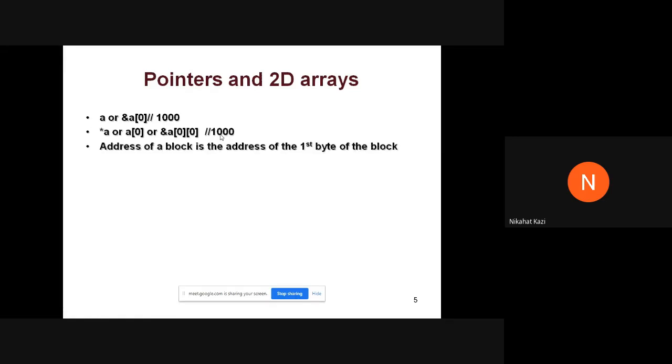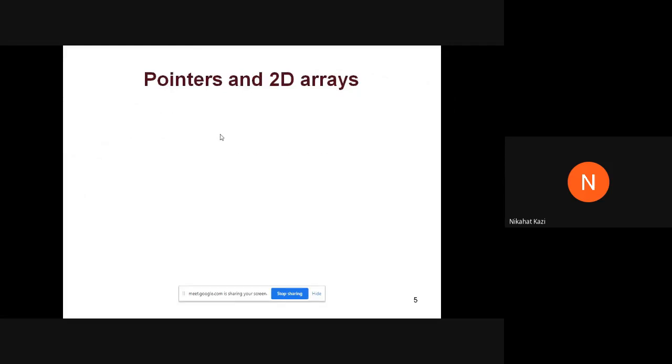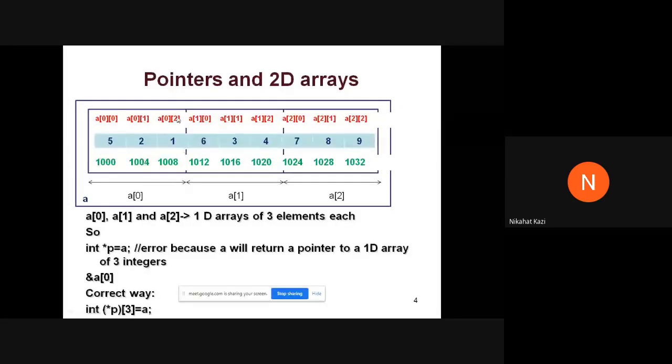Okay. So address of the first of a block is the address of the first byte of the block. If you consider this as a block, I want to know this block's address. I already told you what is address of A of 0. A of 0, consider this is a block of addresses. What is the address of this block? It is always by default the first byte of the block. Although if it is an array of integers, each integer is occupying 4 bytes in memory. So 1000, 1001, 1002, 1003. 5 is spreading over 4 memory locations, but the address returned will be 1000, the first byte. Okay.